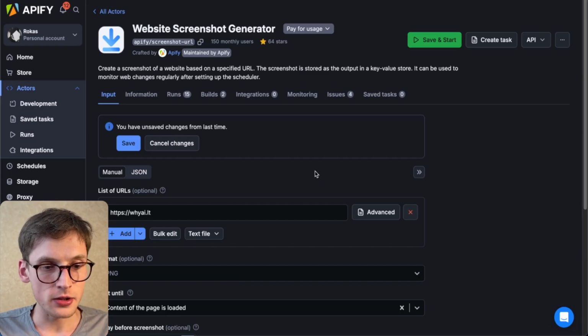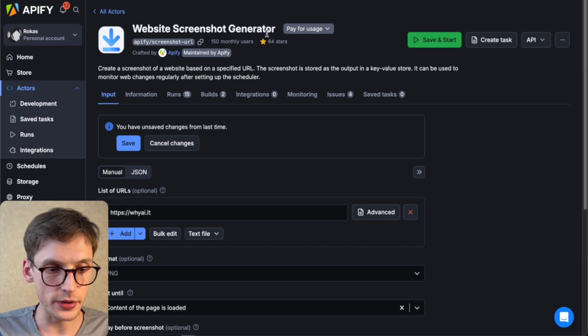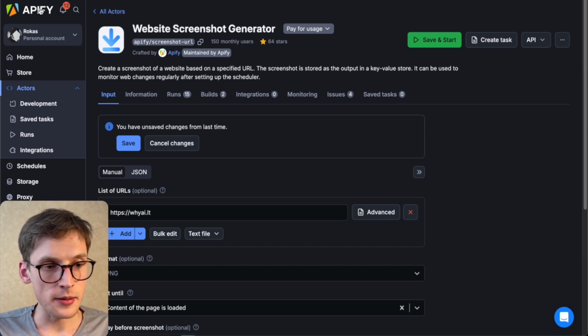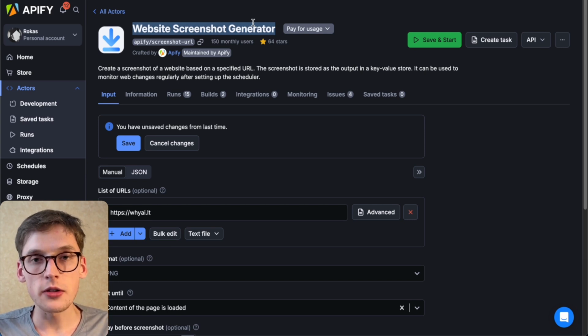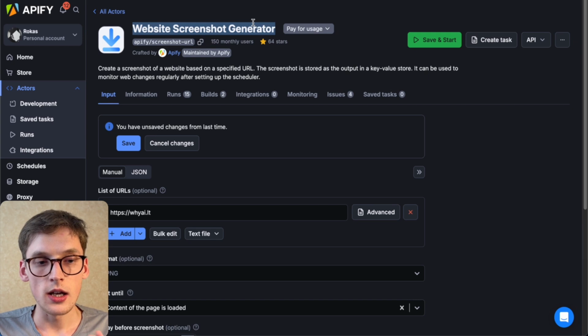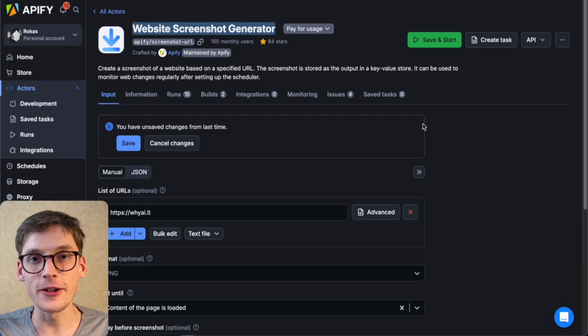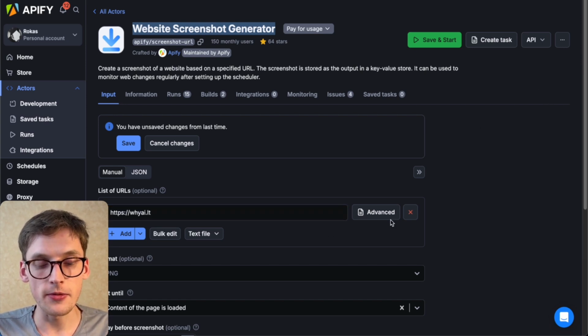So for this particular scraper, I'm using Apify and the website screenshot generator. You could go to apify.com, search for website screenshot generator, and make sure that the URL and the title are the same. It's totally free for you to try it out and see how this whole process really works. If you want to integrate it into n8n, the process is very easy. You just need to go to that particular Apify agent,